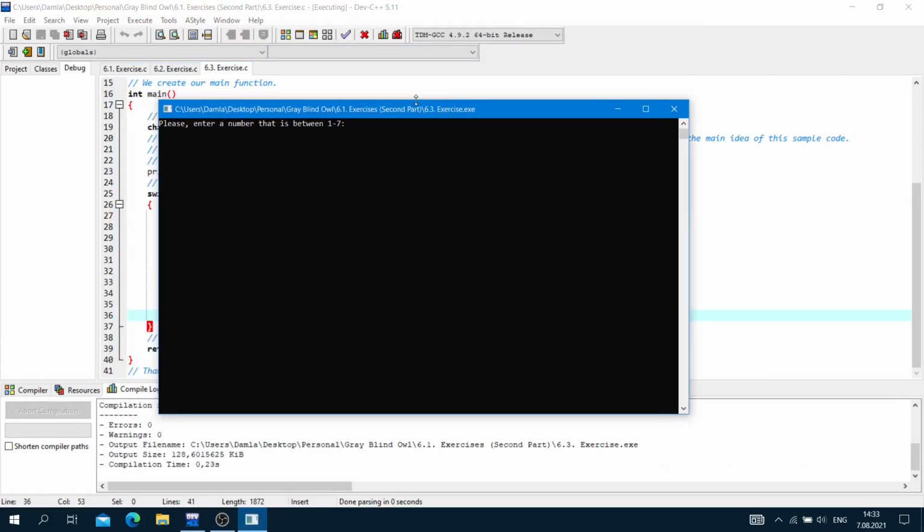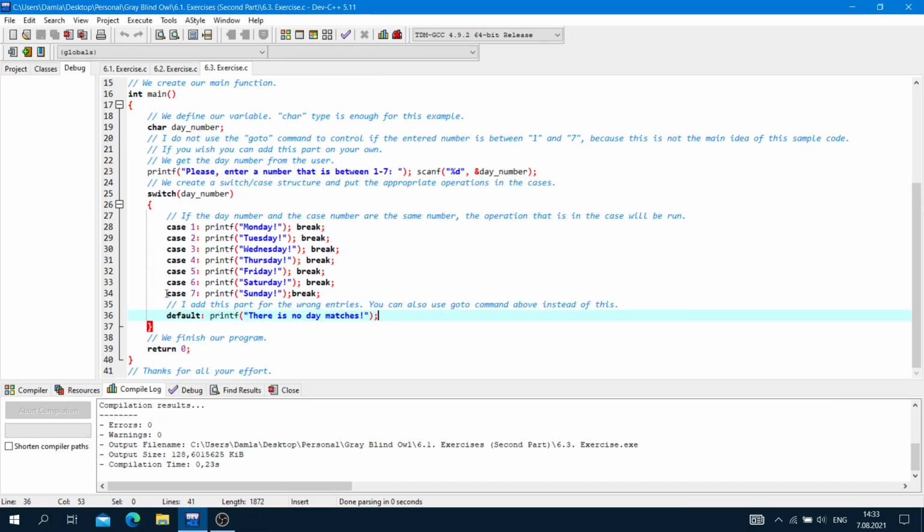If I enter here a number that is bigger than 7, for example 15, as you can see, there is no day matches. So the default command will be run in these situations. Printf, there is no day matches, and the curly bracket. We finish our program here and return 0.